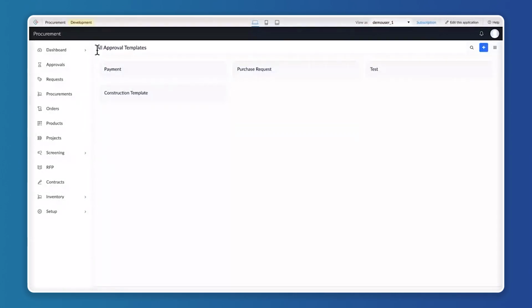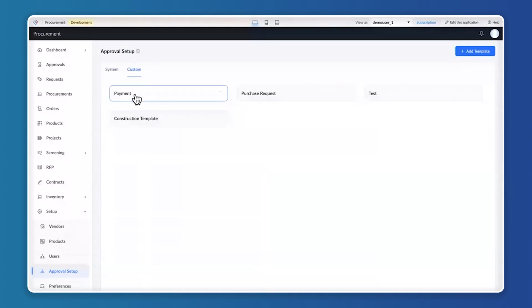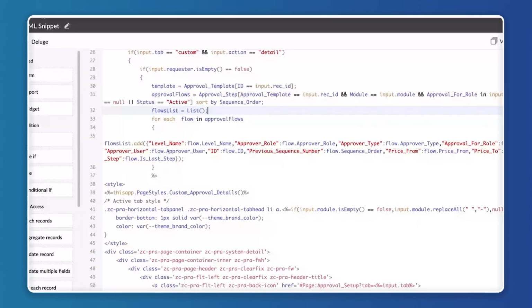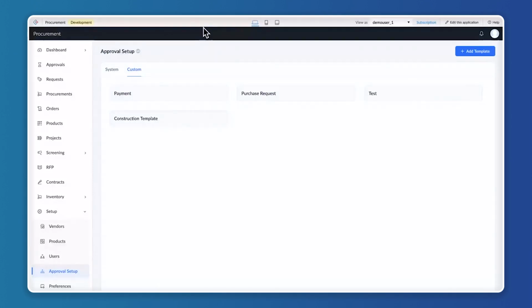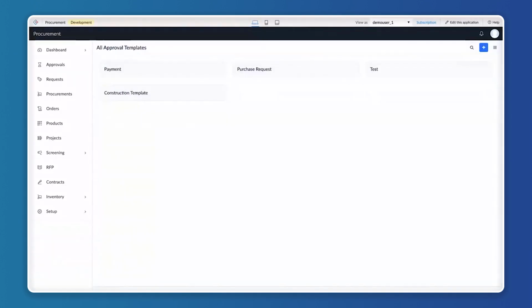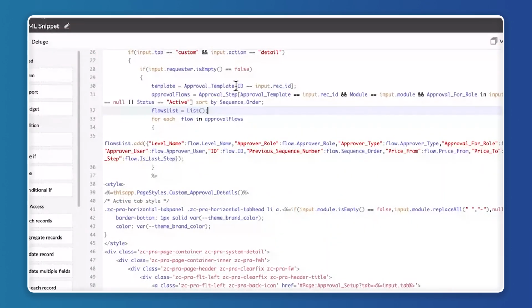Yes, so this is my all approval record. So here you could see the templates, right? So these are all the different templates. So within my custom, these are all the different templates. We also have a form to add those templates, right? So we have just given the criteria as if the id matches input dot rec id,